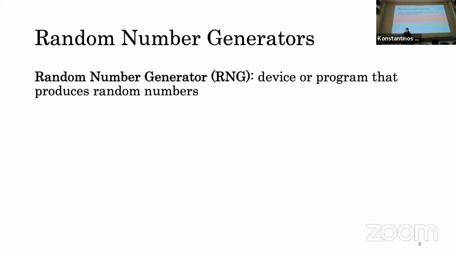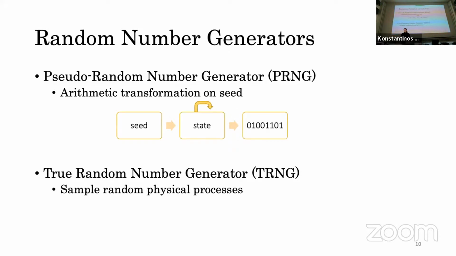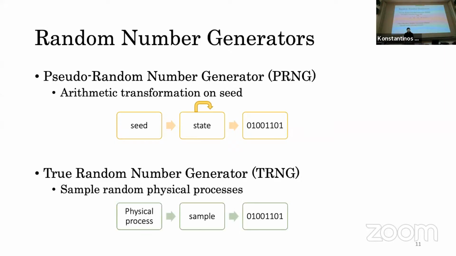And here I'd like to distinguish between 2 kinds of random number generators: pseudo-random number generators and true random number generators. These are mainly different in the way they produce random numbers. A pseudo-random number generator would take an input value called the seed and then perform arithmetic transformations on that seed until it appears random. While a true random number generator would sample a random physical process, an entropy source, to